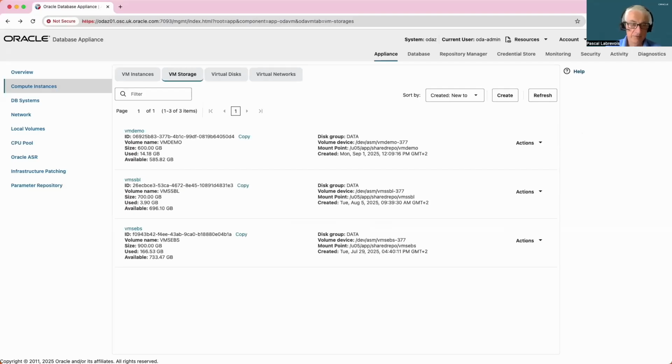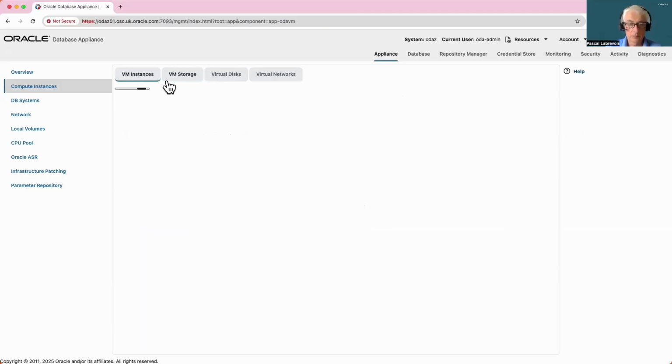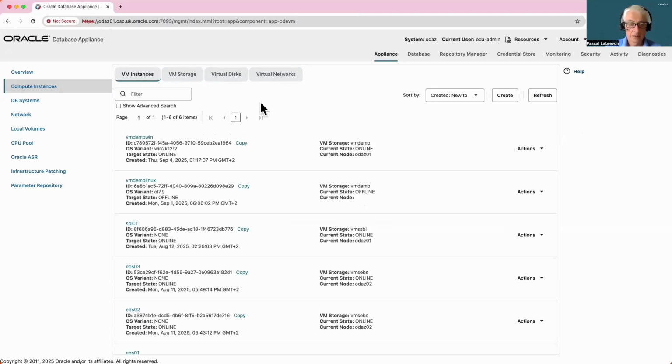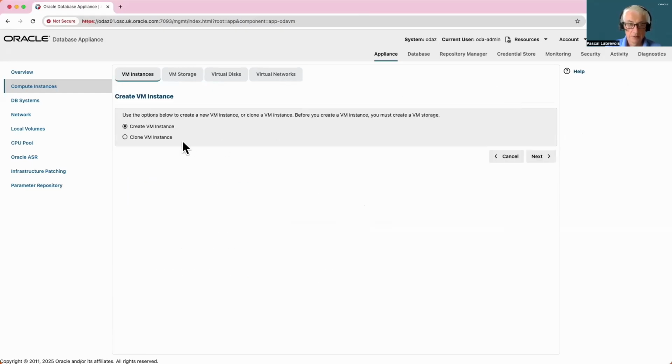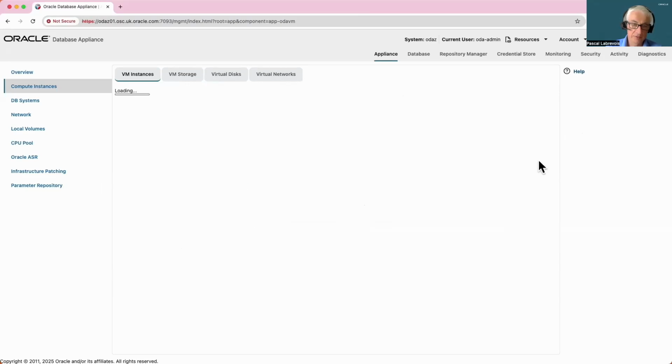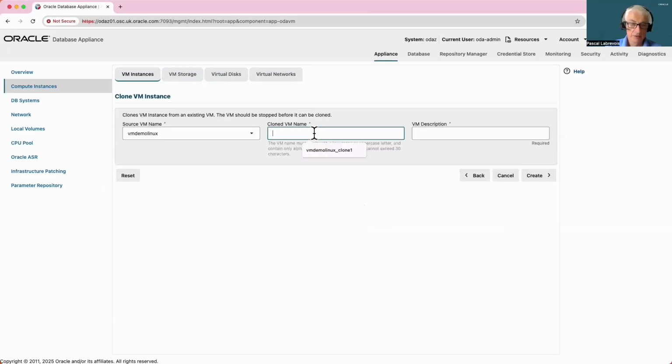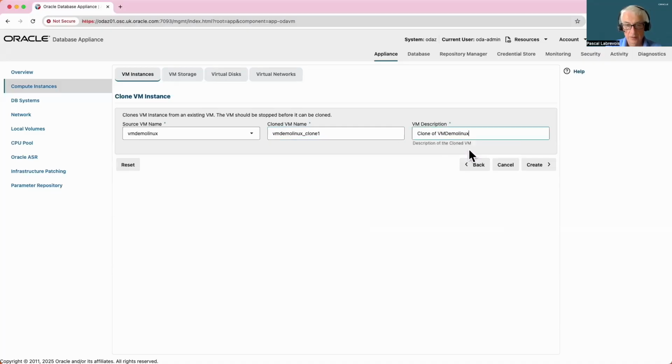So my VM storage is now 600 gigabytes, so I have enough space to run my clone. So going through the clone VM instance option again. So I select the VM name, a description, and I press create to submit a job to clone the VM.